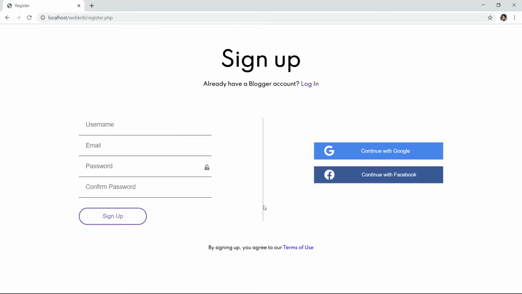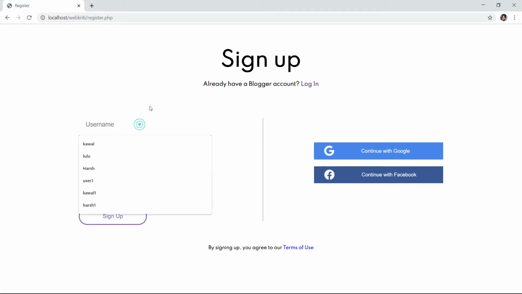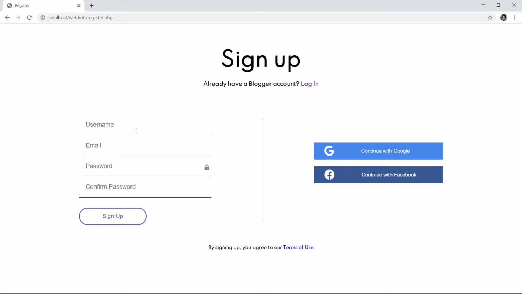I'm going to click on create an account over here. As soon as I click in, I get redirected to the register page. This is the sign up page. Here you can enter details, your username, email, password, and you can confirm that password. I'm gonna show you several of its functionalities. For example, if I add an existing username,